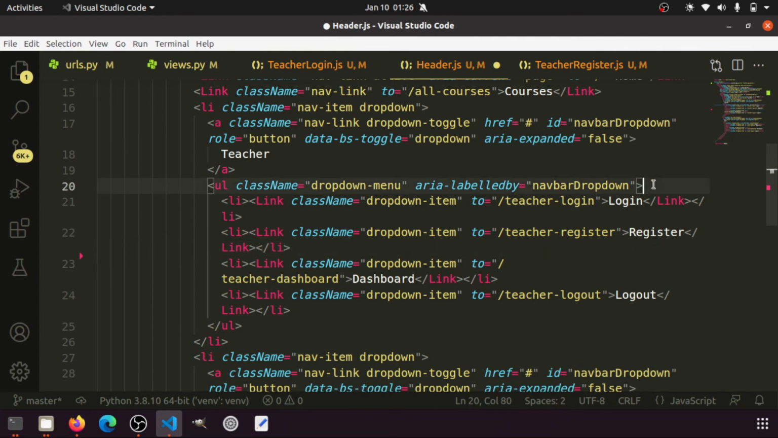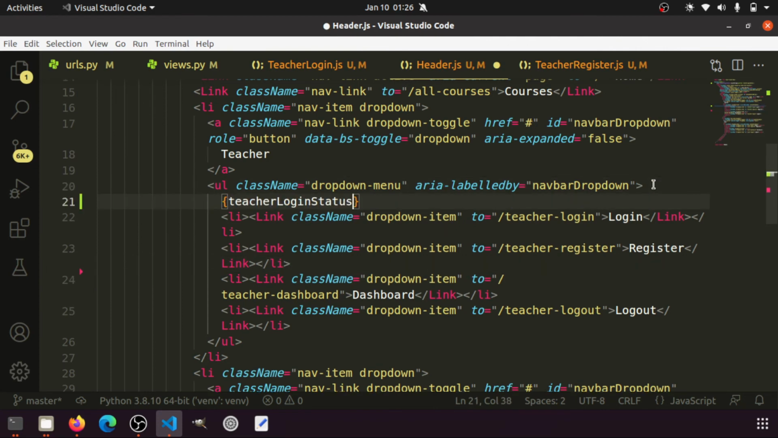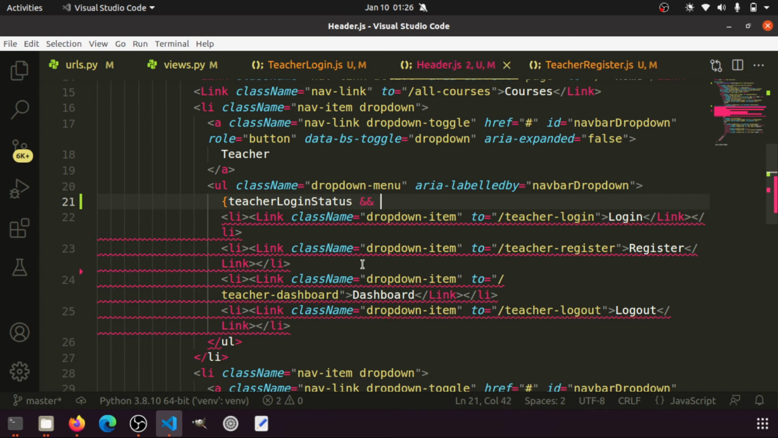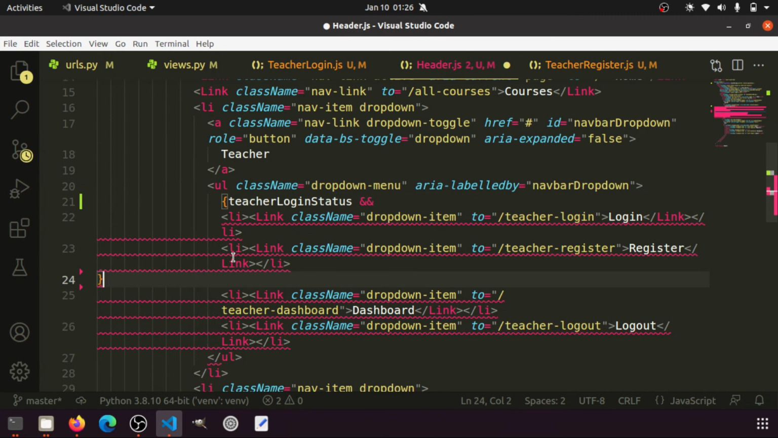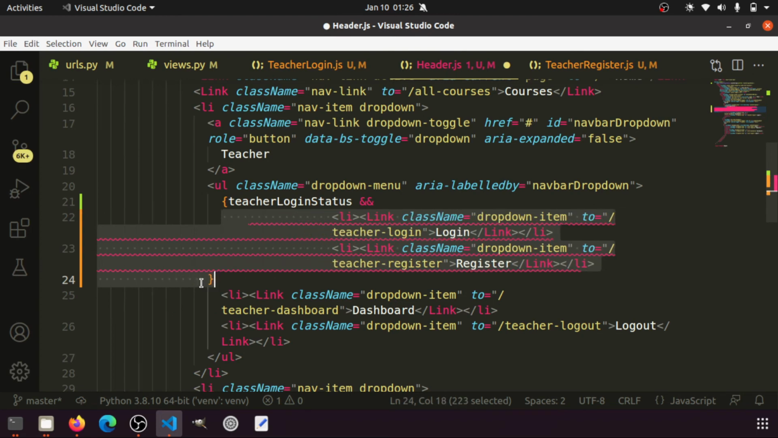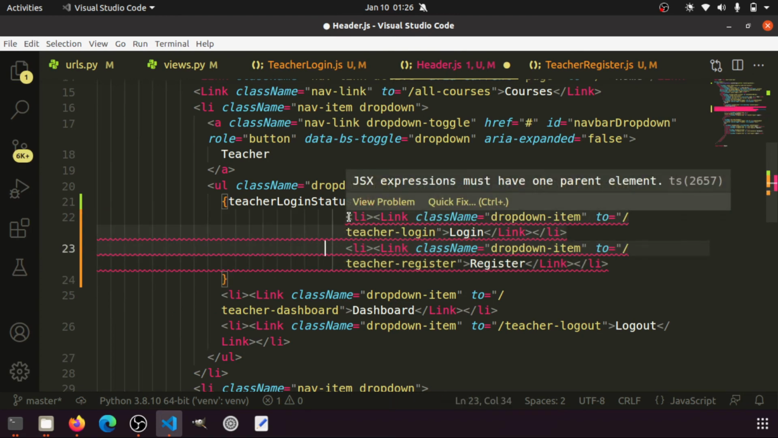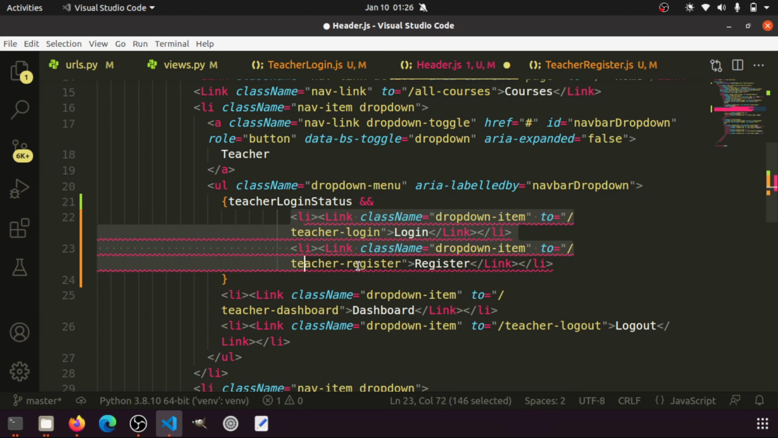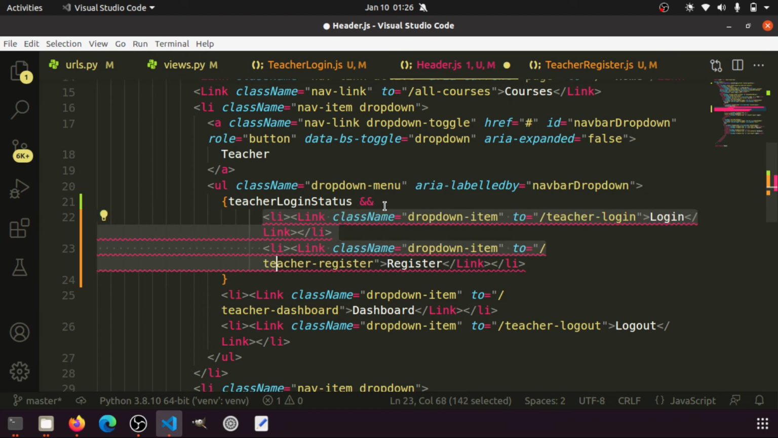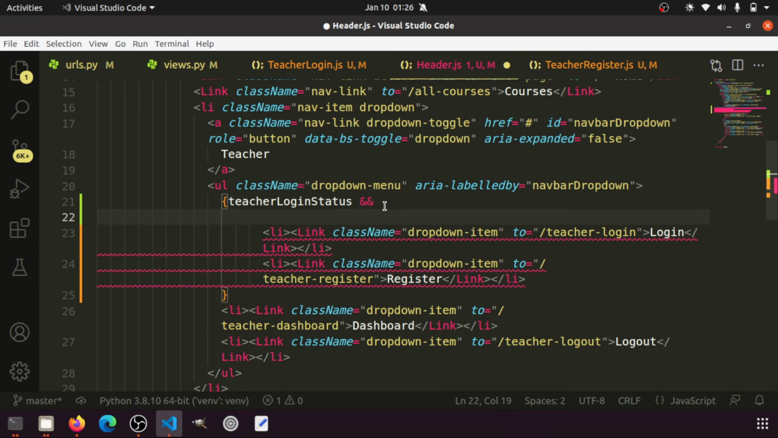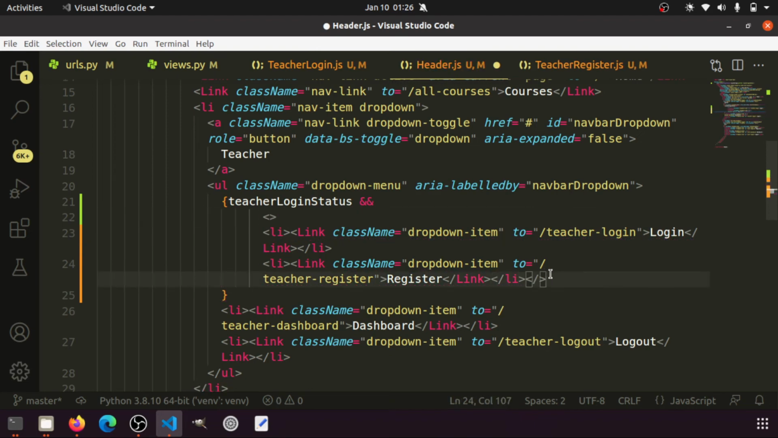Okay, now so here we have, then we will just show this link, but this is creating error. This is creating error because in React we need a parent element that wraps the elements. If we are using a JavaScript expression, then you have to wrap the element with a parent. So we don't have any parent element, so I will wrap this with the empty element. Here we are. So if login status true,